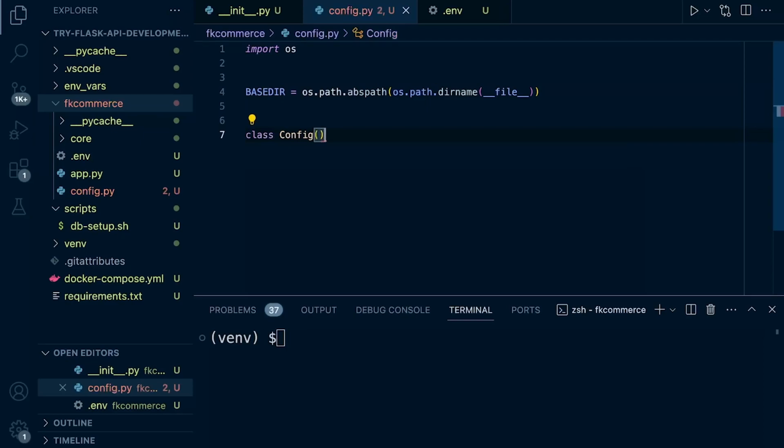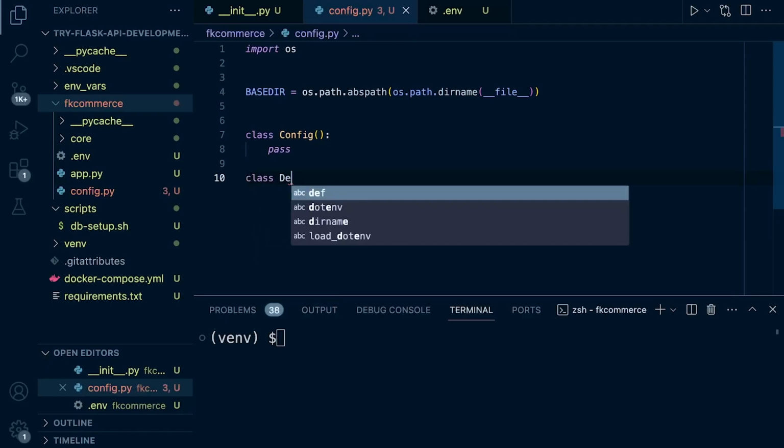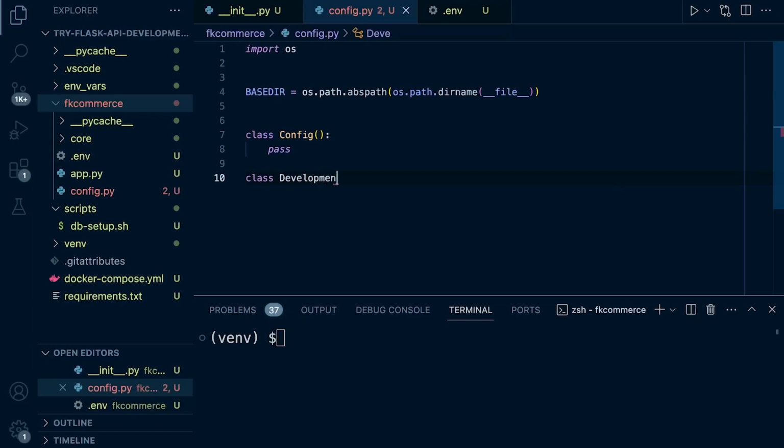And we don't need that, but we then go ahead and now we can start to specify our configuration for our application. So I'm just going to pass there for now, because in addition to that, we're going to make a new class for our development config. Okay, and we're going to inherit all the information from the config